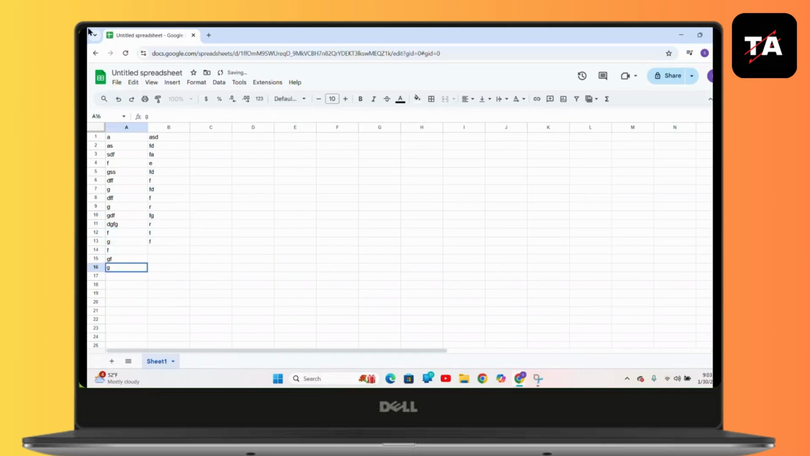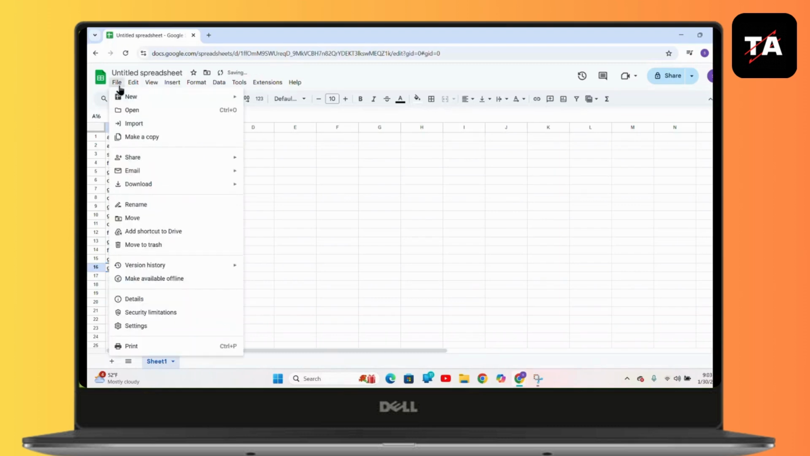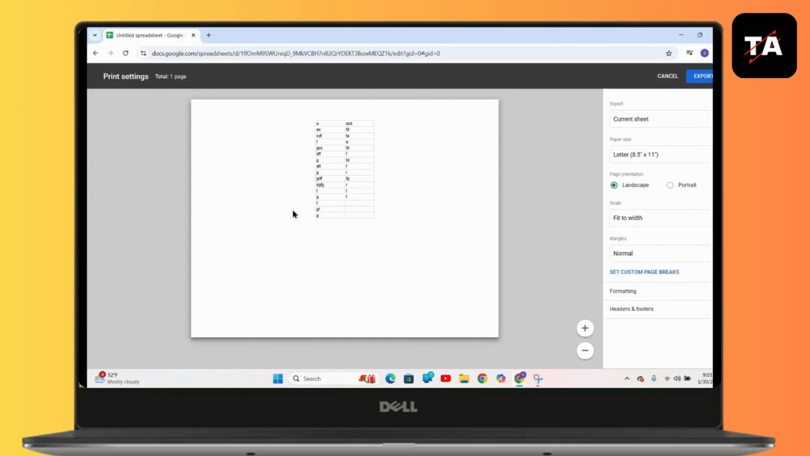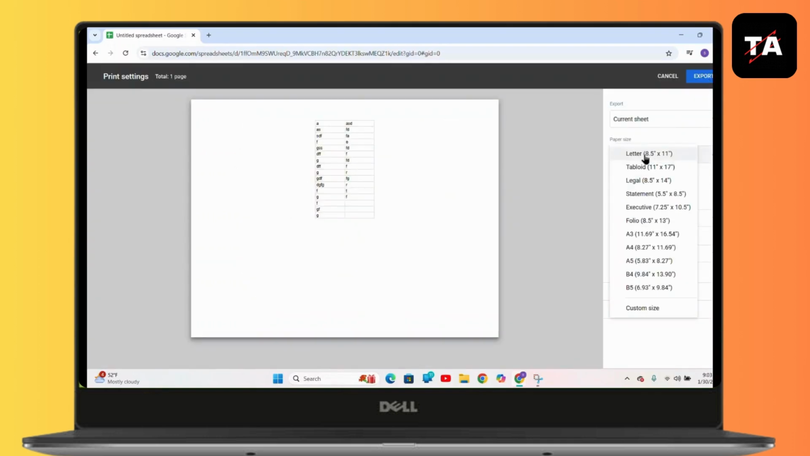After doing that, simply go to the File menu right over here. Then you will see an option of Download. Click on Download, then select PDF. After that, you can change your paper size